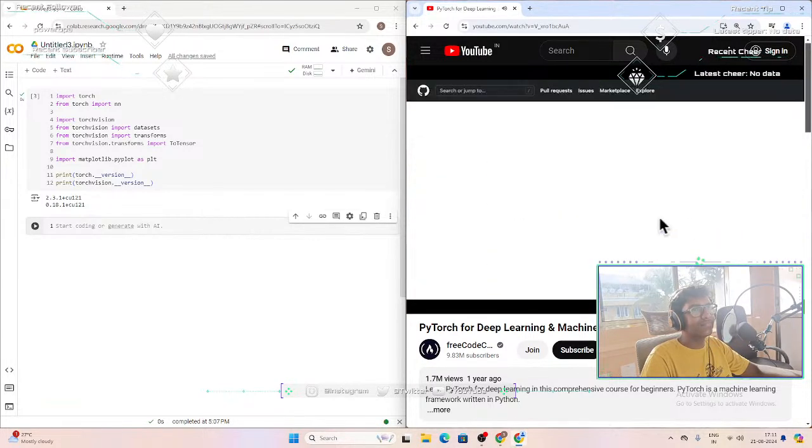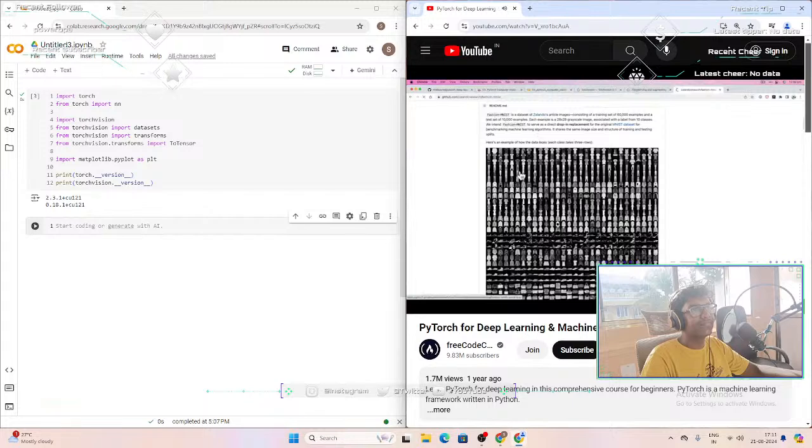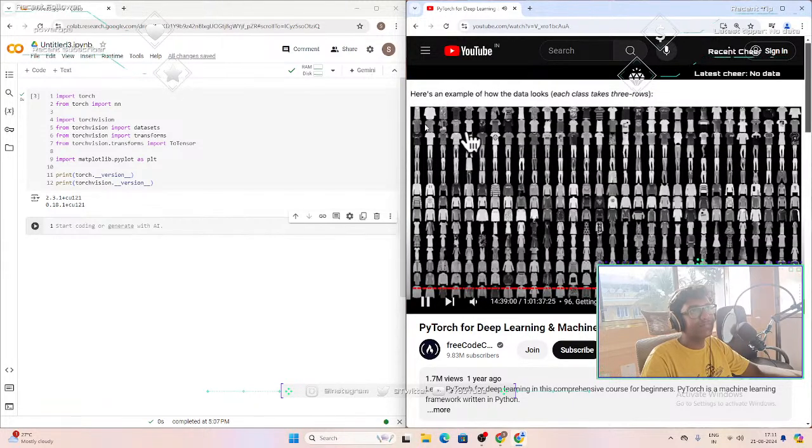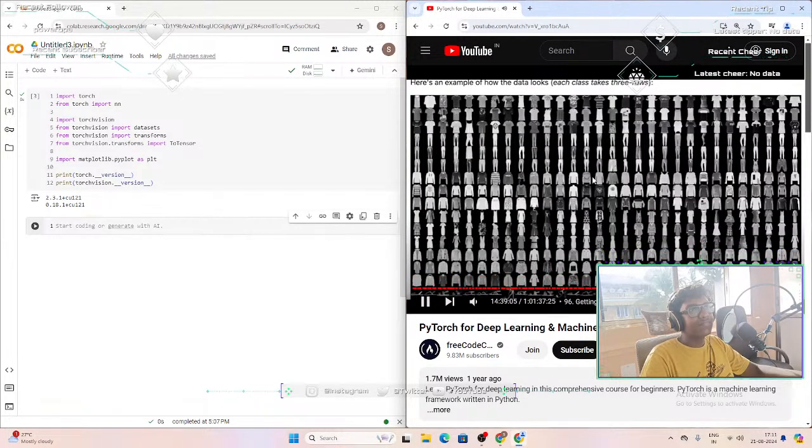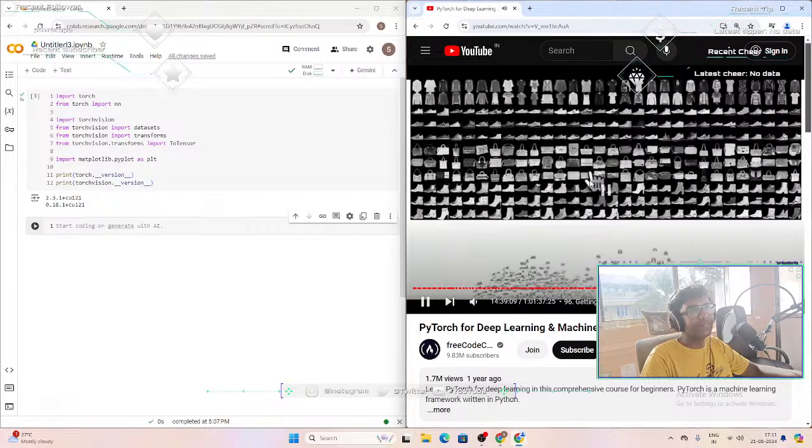If we go into here, this is by Zalando Research, Fashion MNIST, and it's grayscale images of pieces of clothing. So like we saw before, the input and output, what we're going to be trying to do is turn these images of clothing into numbers and then train a computer vision model to recognize what